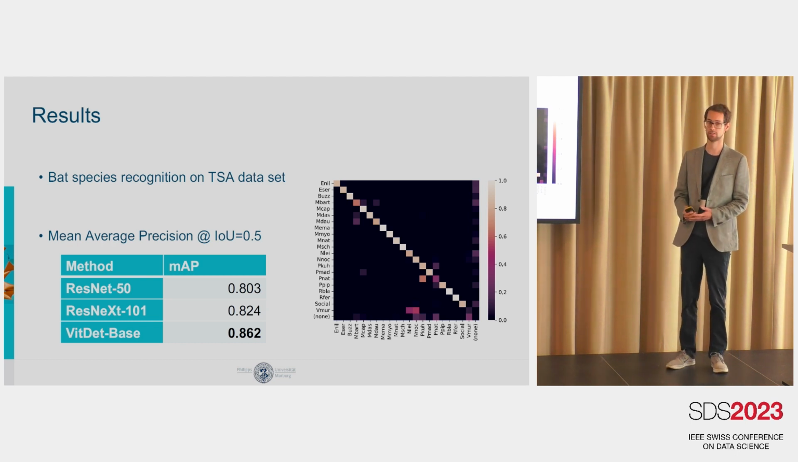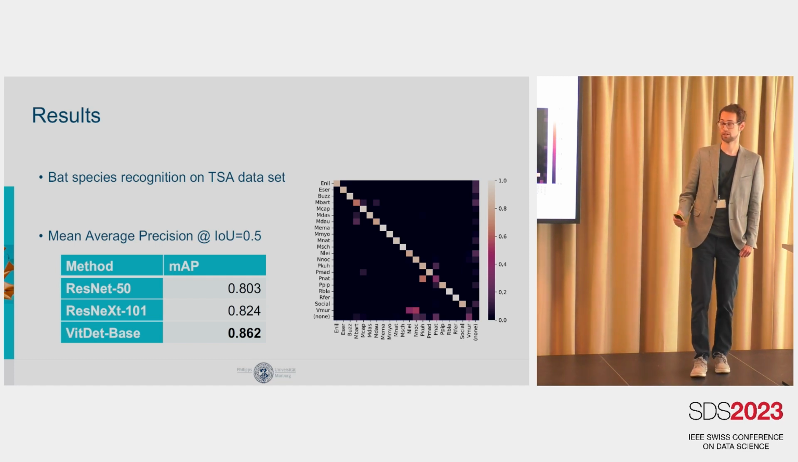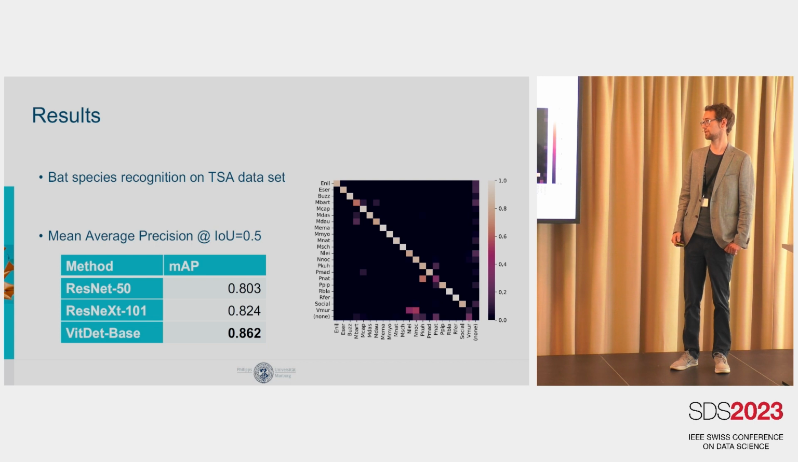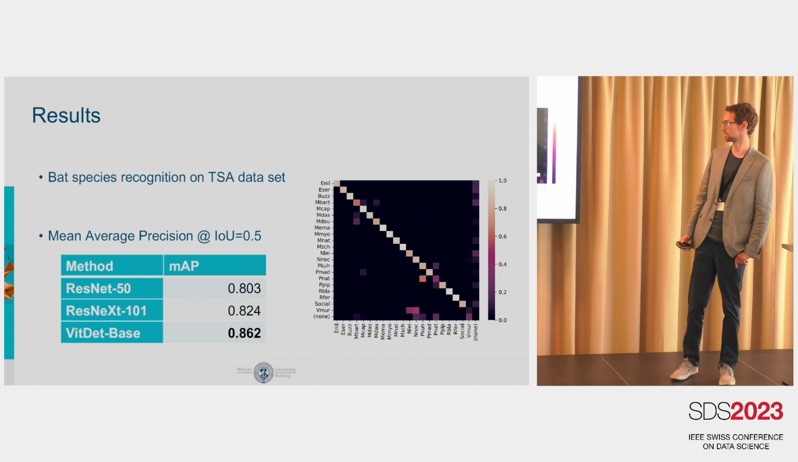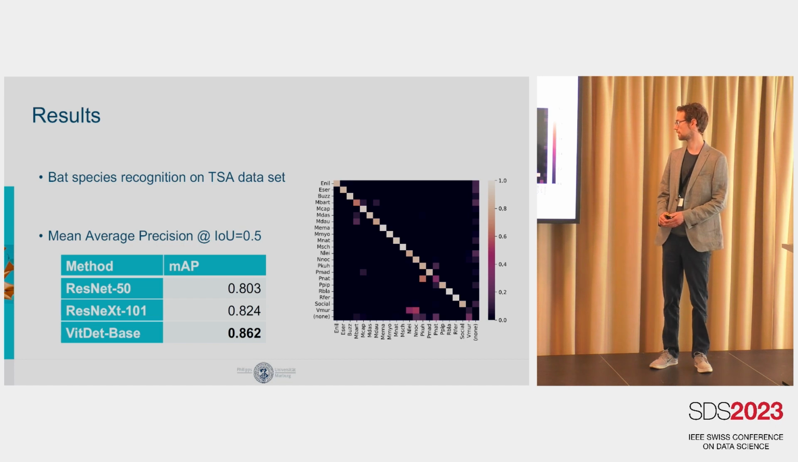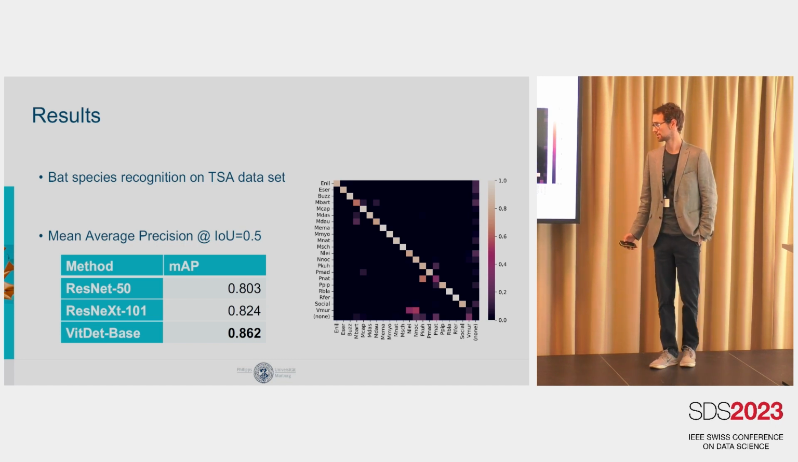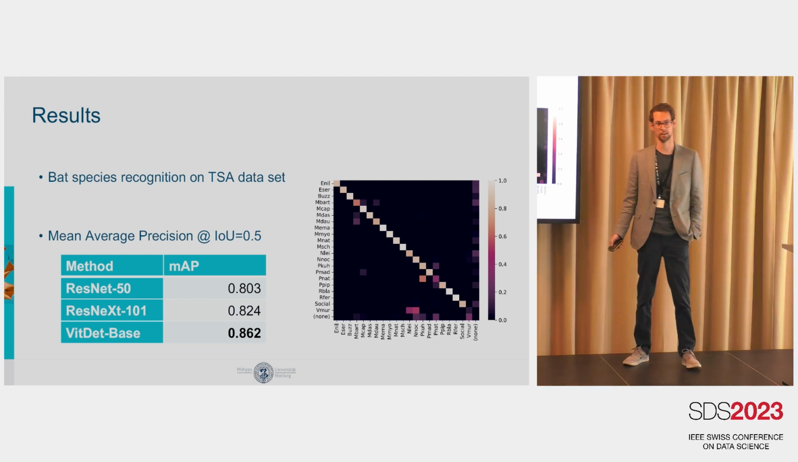In bat species recognition, of course, we use the TSA data set, since we don't have any other species annotations. Again, the ViDDet shows the best performance with 86% compared to only 80% for the ResNet 50. On the right, we have a confusion matrix for the ViDDet, and it shows a very nice diagonal line